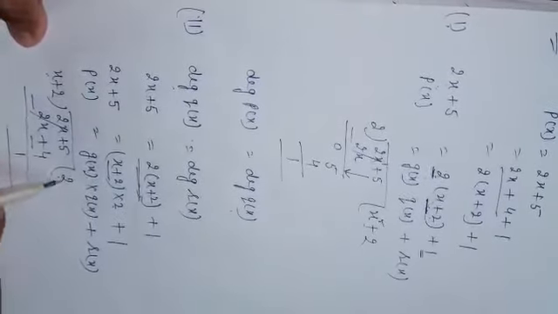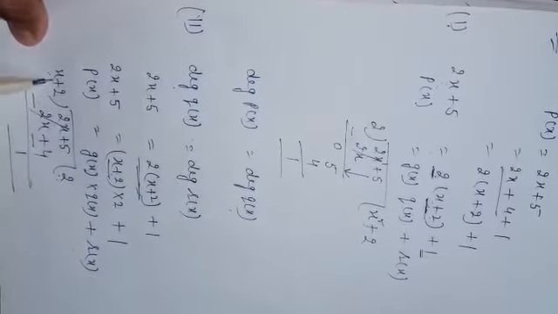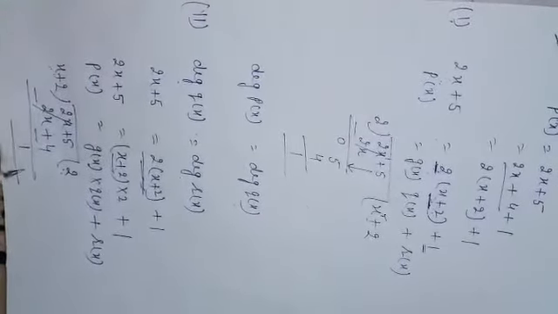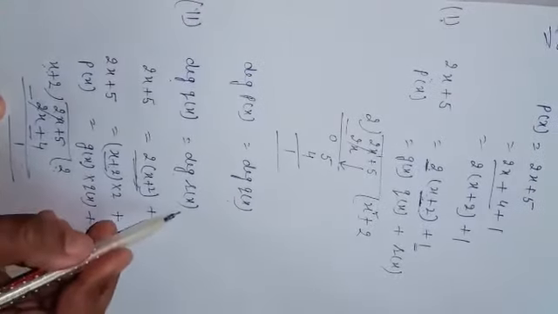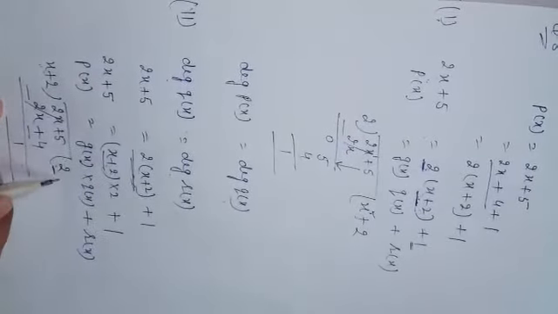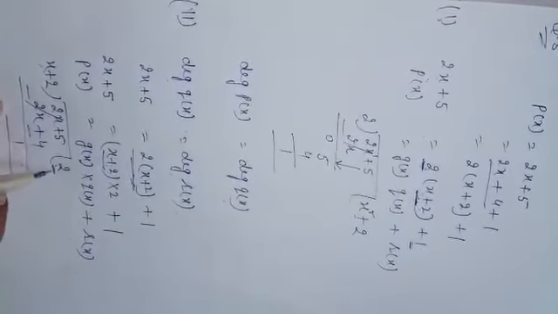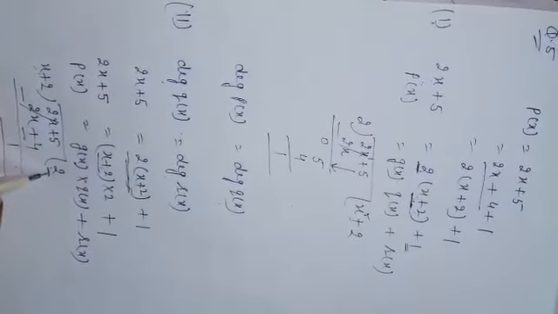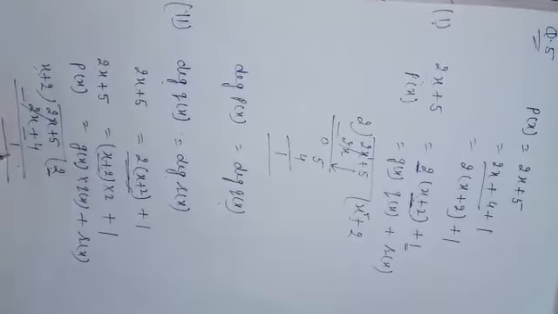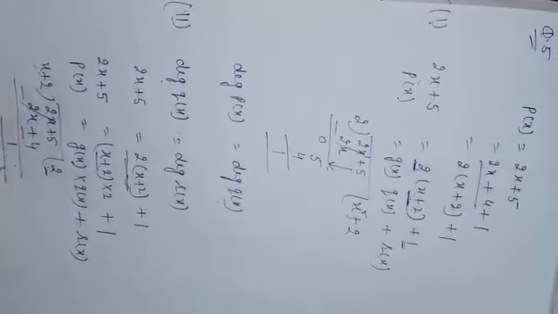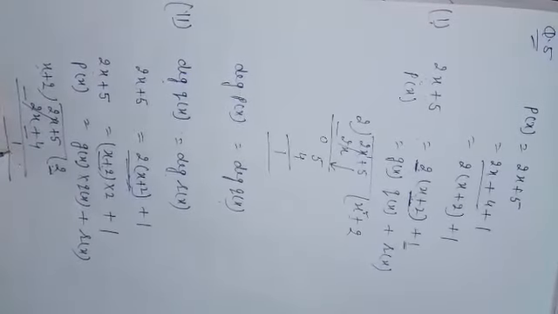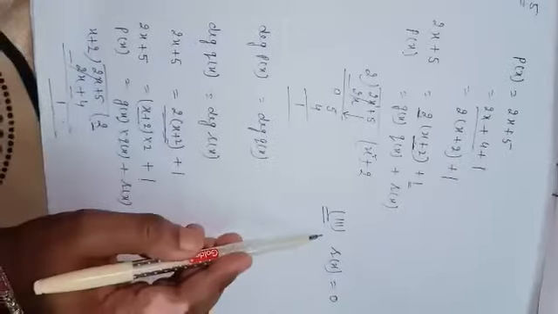Now what you observe here: q(x) is 2, g(x) is x plus 2, and p(x) is 2x plus 5. Yes beta, this example satisfies this part. What is the degree of q(x)? Here it is a constant number, and we know very well the degree of a constant number is 0, and here the remainder is also constant. It means the degree of remainder is also 0. So in this way we have proved degree of q(x) is equal to degree of r(x).